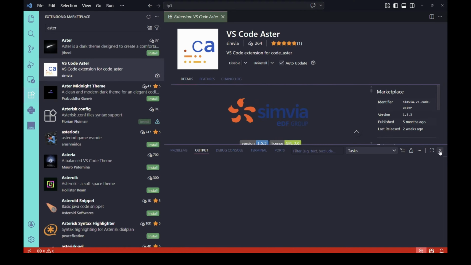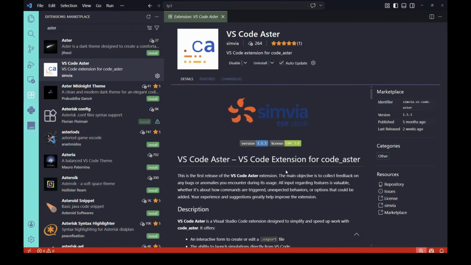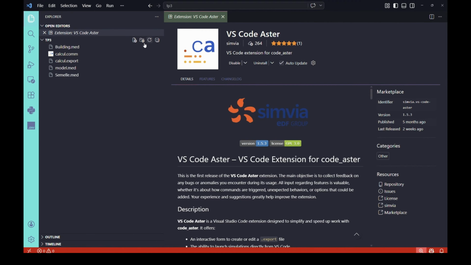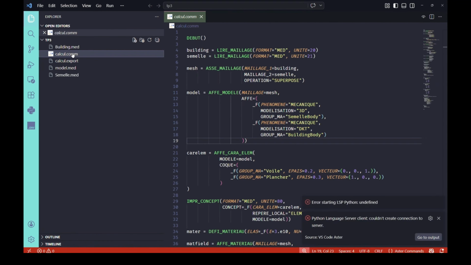Once the extension is installed, you already get a few useful features. For example, your files now show a small Codaster icon, and when you open them, you get syntax highlighting. This already makes the files easier to read.